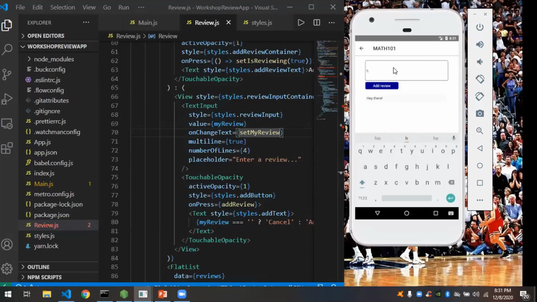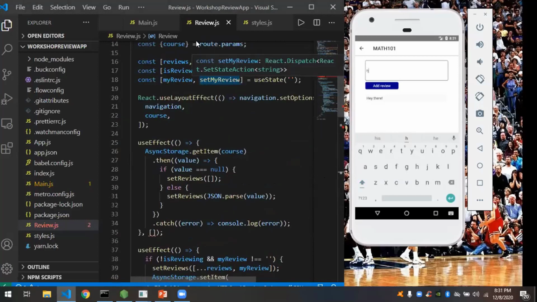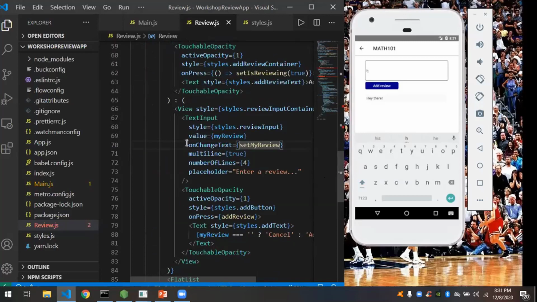We're passing it to the setMyReview function, which is this state function, which, as we saw previously, you pass to it a value, and my review gets set to that value. So now when we call onChangeText with h, setMyReview,